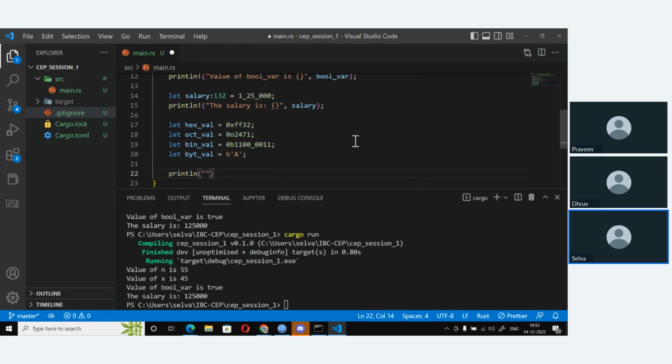So to keep it simple, I'm just going to say X, octal, binary, and byte.